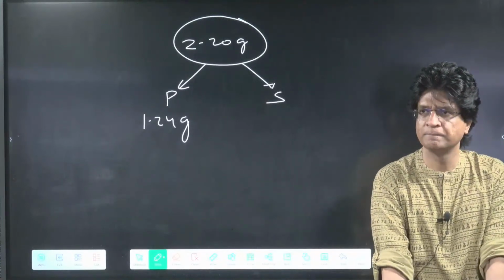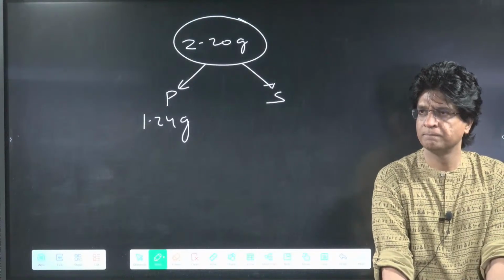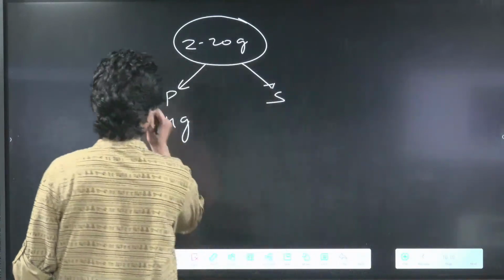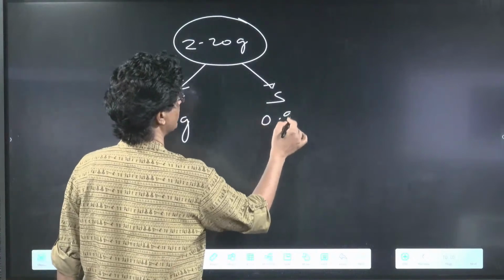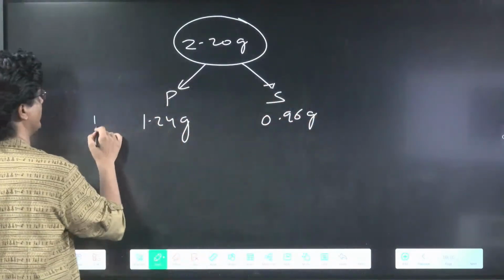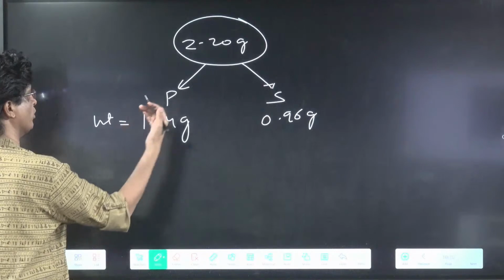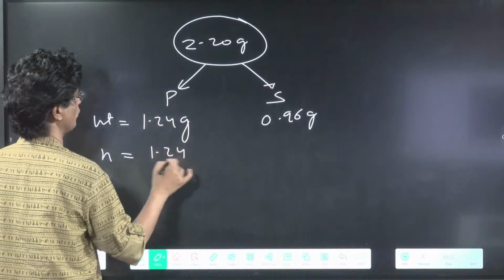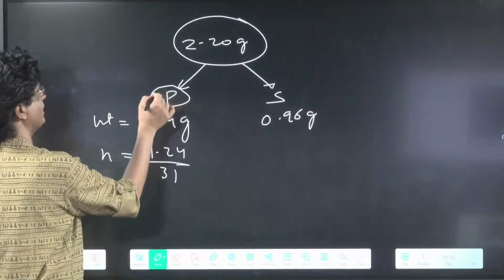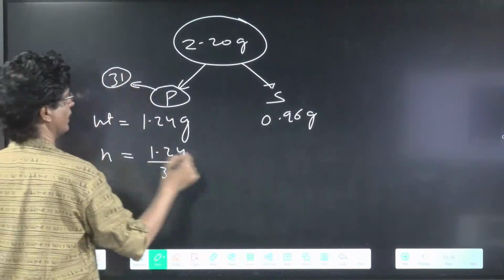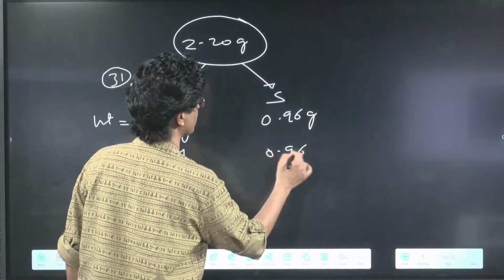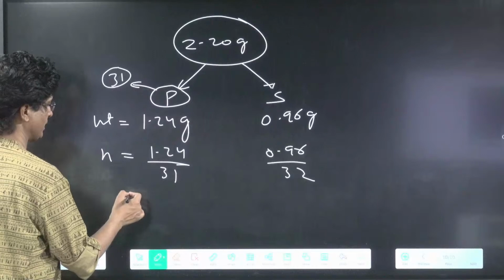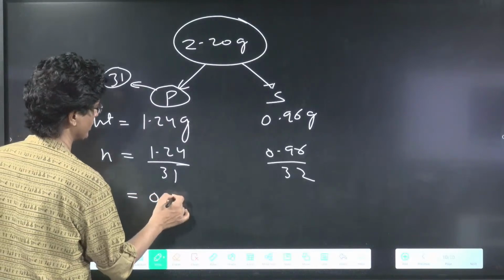Done. देखो, this will be 0.96 gram, है ना? This is weight, है ना? And weight is most useless thing. So I'll go with what? Number of moles. 1.24 upon 31. The atomic weight of phosphorus is 31, and this will be 0.96 upon 32. Yes or no, beta? I mean, this will be actually 0.04 and